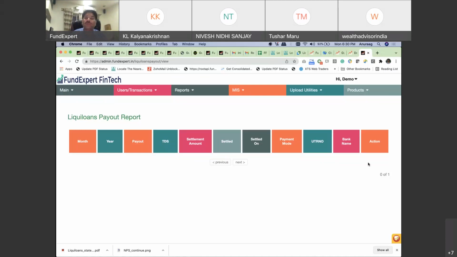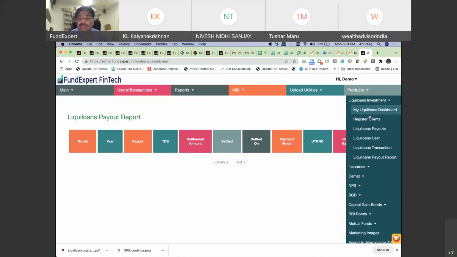Because from the experience of what we have seen with other products like mutual funds, we have built this most comprehensive MIS inside your system, so that you don't have to run anywhere. What is my EMI? What is the breakup? Who is paying? Which transaction? How much am I supposed to get? When will I get paid? Everything, including brokerage reconciliation details and EMI, is all inbuilt inside your admin panel, comprehensively built in.